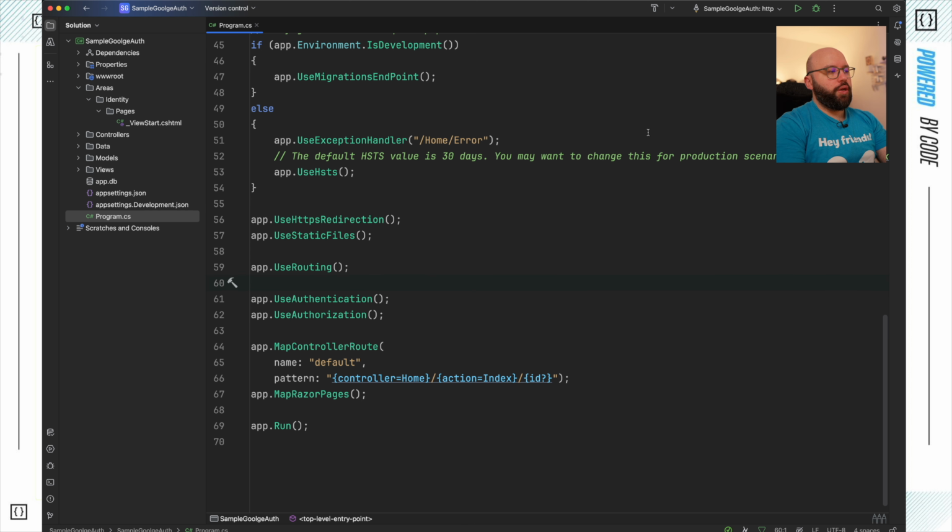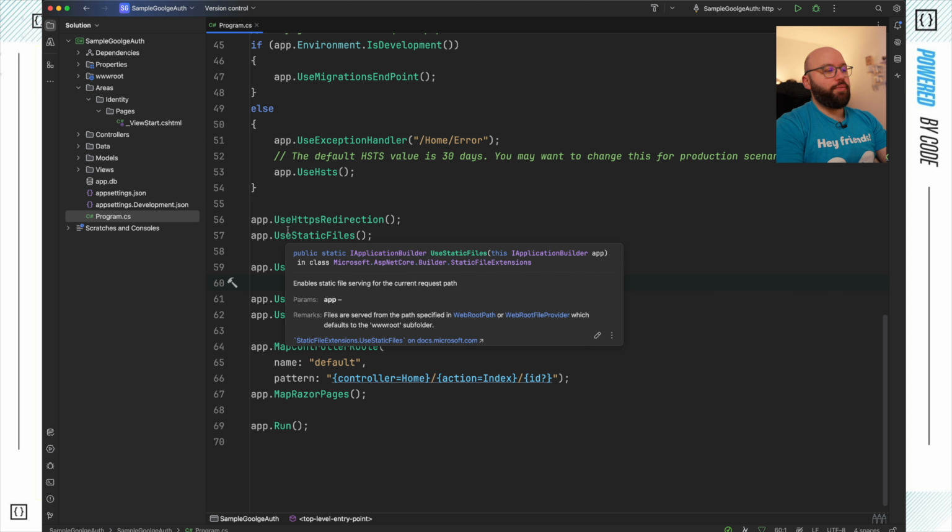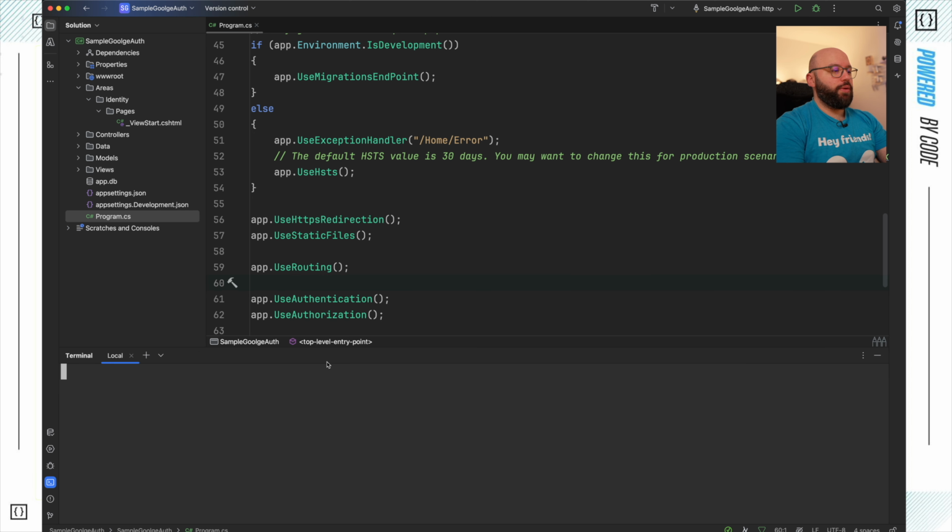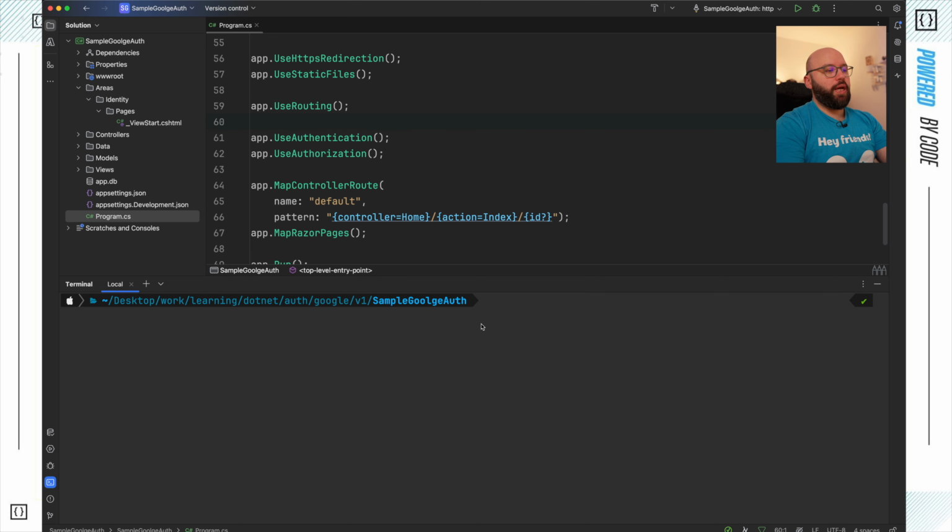Okay, great. So now that this is all configured, what I want to do is expand on my areas here, so I'm able to see all of these different pages. And for us to do this, there are different packages that we need to install. So I'm going to open my terminal and add some of these packages. The first tool that we need to utilize is the code generator, and this is